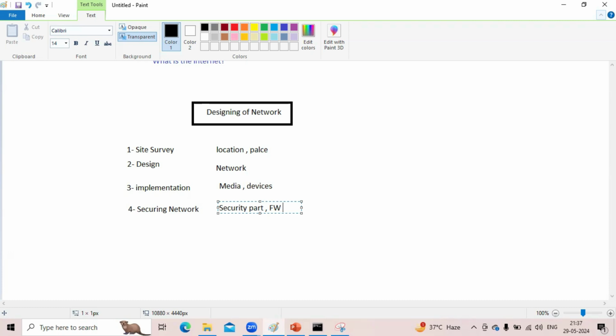The same thing applies. The security part is very important for each and every organization, because inside the data center we have the entire data stored, right? So someone has to take care of this data. Because data is moving data, someone is fetching, someone is accessing that data. So we use the firewall. The firewall blocks unwanted traffic from outside to inside. I can explain what the firewall is. So this is what we take care of in designing.